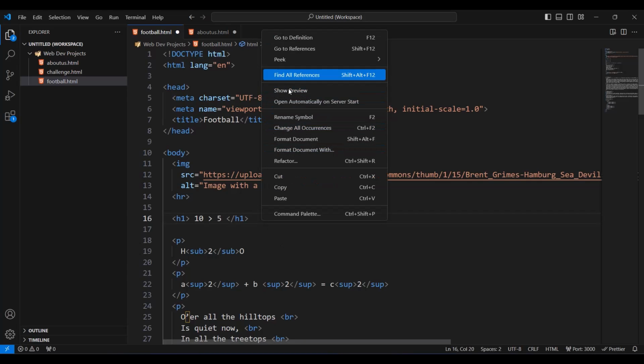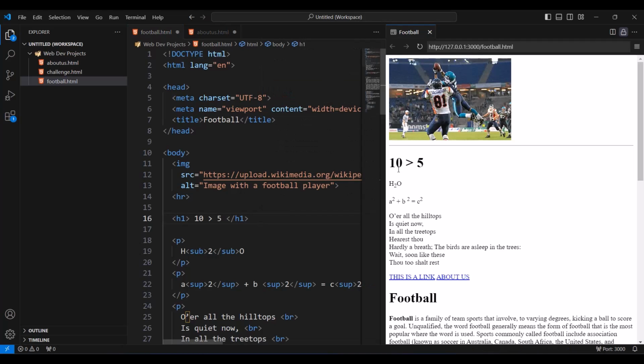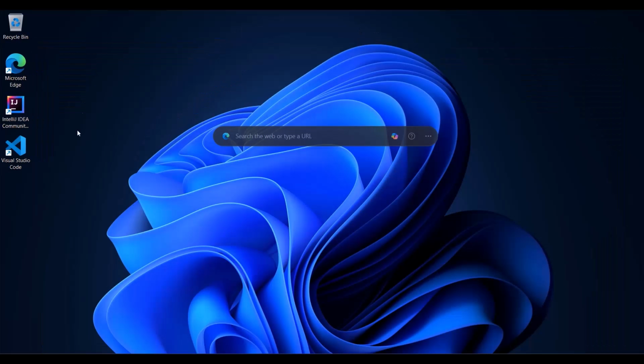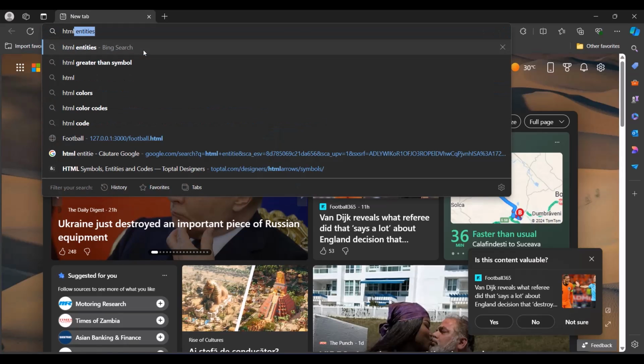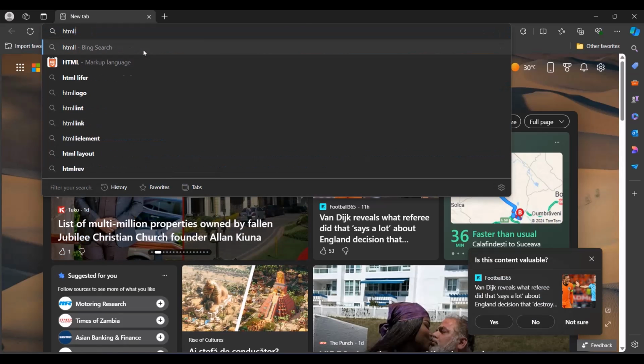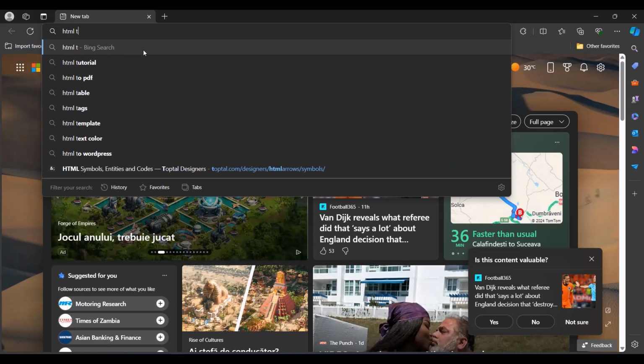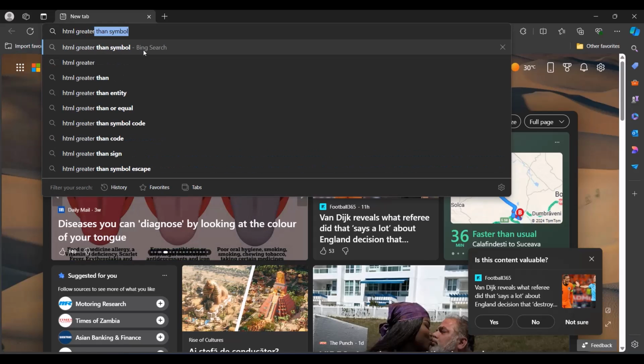So now if I show preview, we get 10 greater than 5, and instead you should use an entity here to not have the greater than sign, which can be easily interpreted as part of the HTML syntax. We should use an entity here, and for that I'm going to open the browser, and I'll type HTML greater than entity.